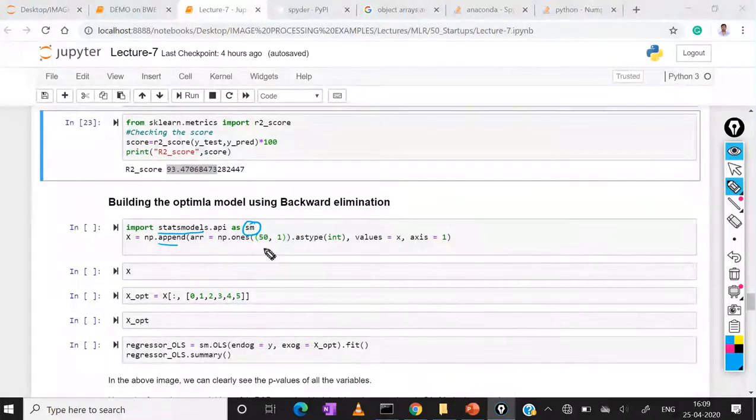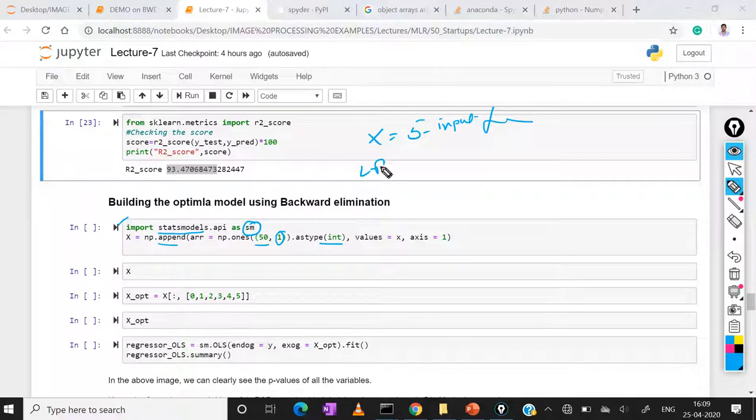What does the new row mean? Here we are applying the value 1 as the integer type for 50 rows. The concept behind this code is that our x is equal to 5 input features. In the backward elimination method we are not applying the bias, meaning the intercept.